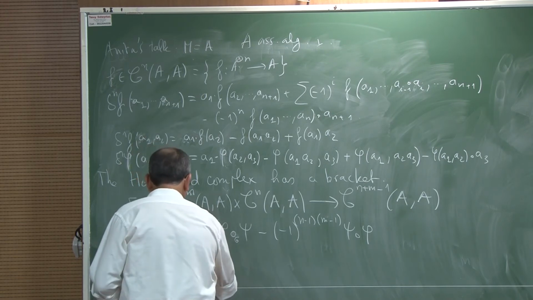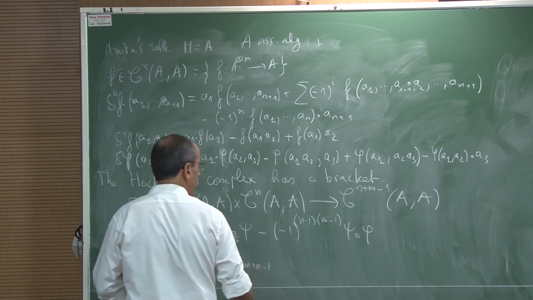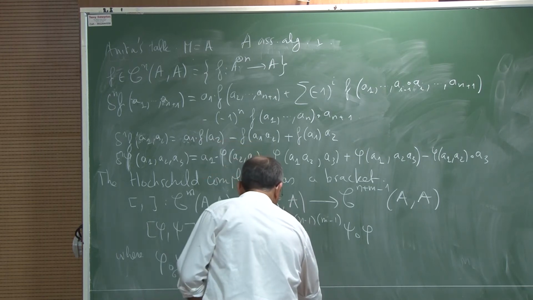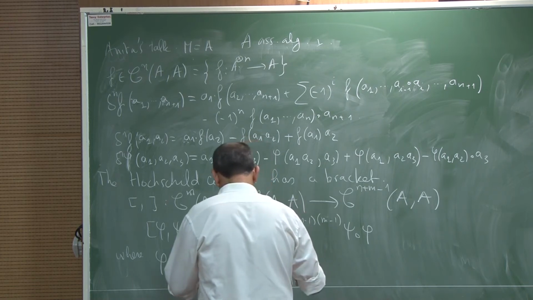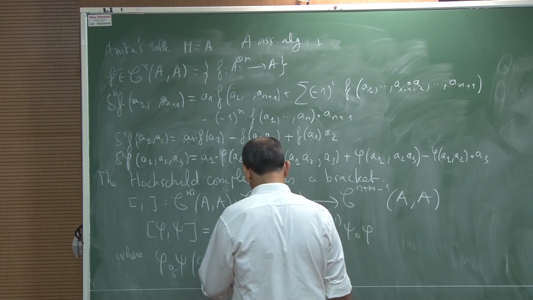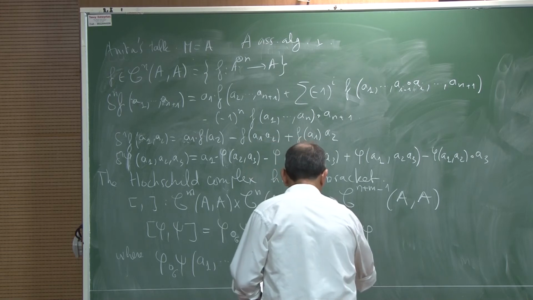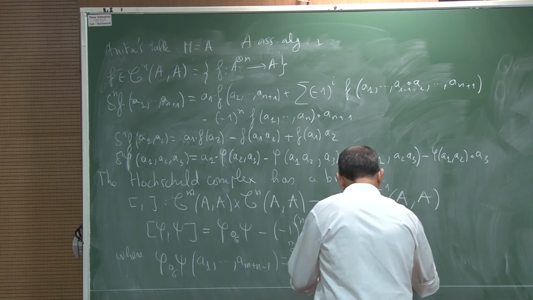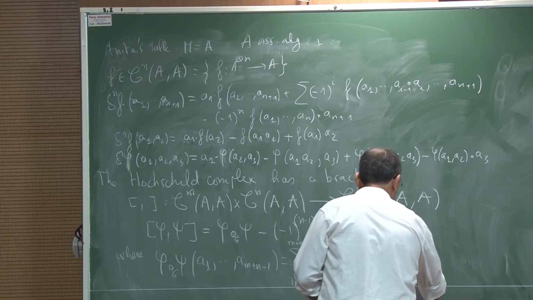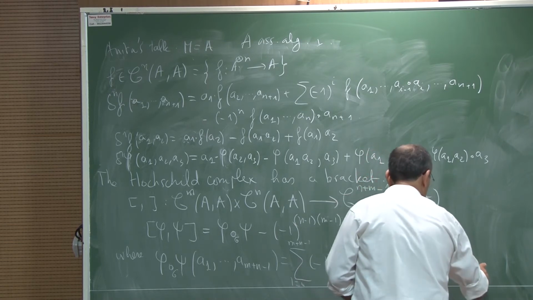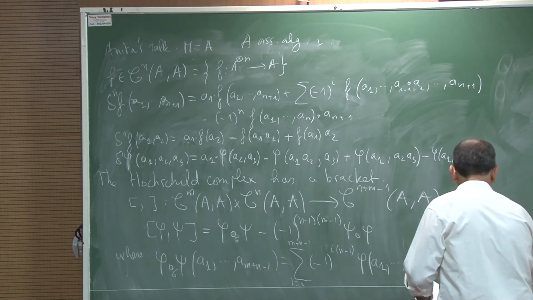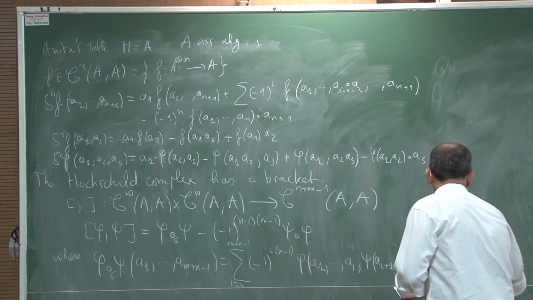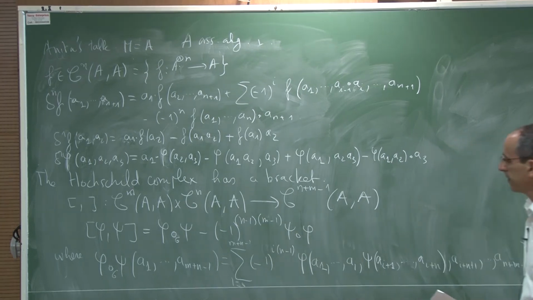defined in this way. Applied to A1, ..., A_{m+n-1}, and this is equal to the sum from i=0 to m-1 of (-1)^{i(n-1)} phi of A1, ..., A_i, and then we apply psi to A_{i+1}, ..., A_{i+n}, and again here we have A_{i+n+1} to A_{m+n-1}. And this is